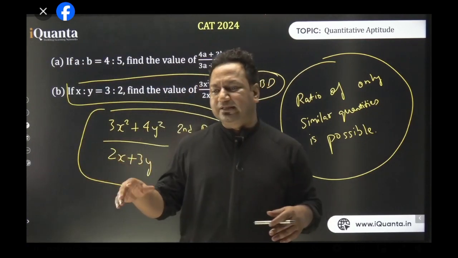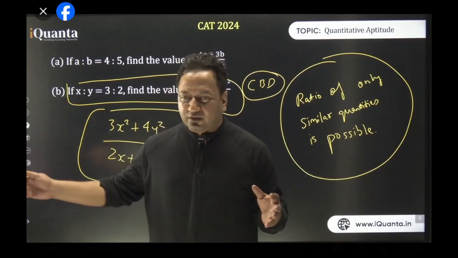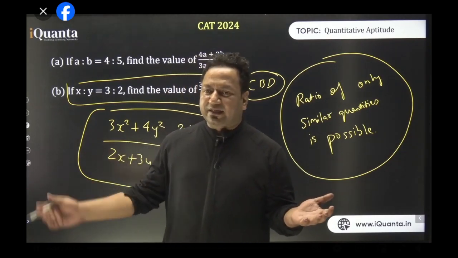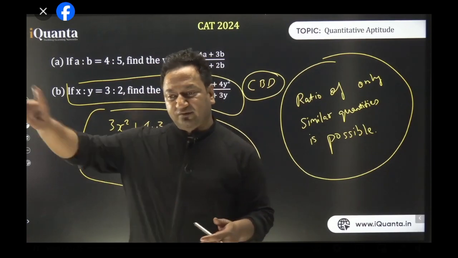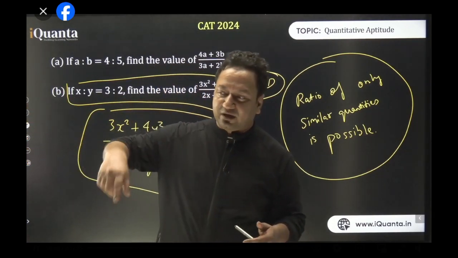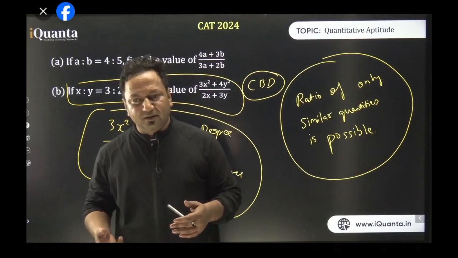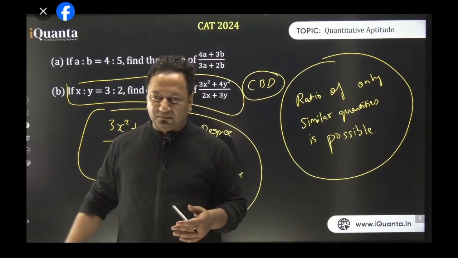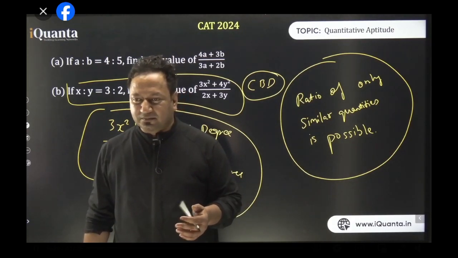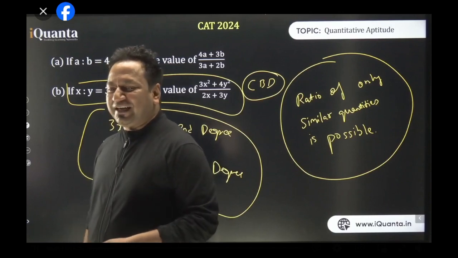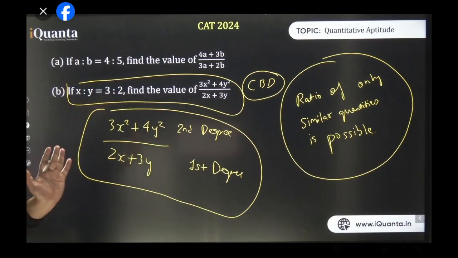Whenever we try to, let us say you are 730 people, and I want to calculate the ratio of the weights of all of you. It is possible, right? But can I calculate the ratio of weight of one person to the height of the second person, to the hair color of the third person, to the color of eye of the fourth person? Right? Can I do that? To the length of nose of fifth person? To the voice of sixth person? Can you do that? Not really. So now you guys understood what quantity actually means. All right? Clear to all of you? The first class on ratio.